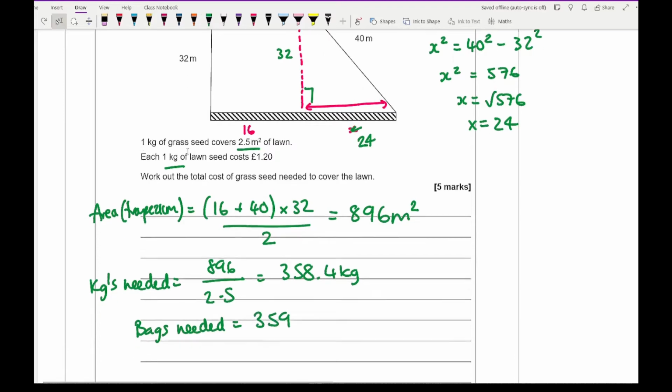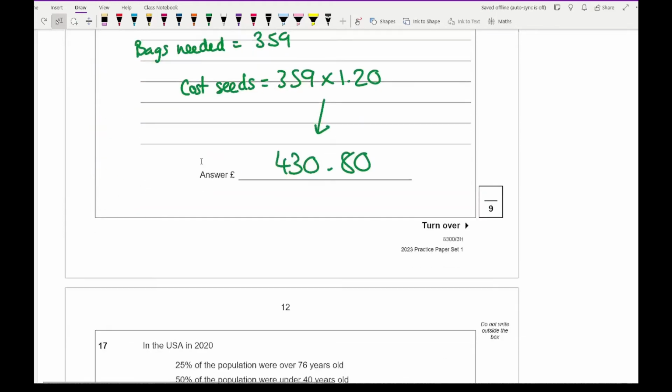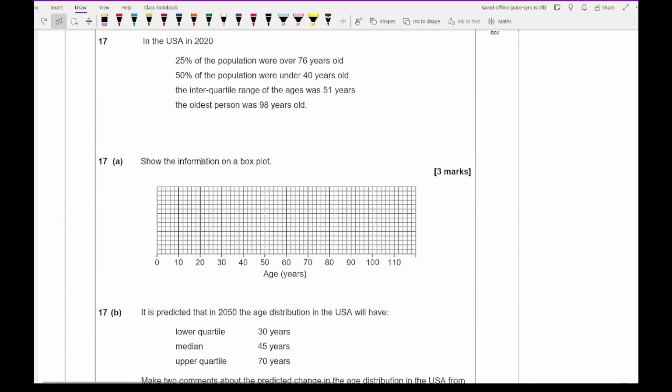So then from this, what I then need to do is work out the cost of the seeds. So I'm buying 359 bags at a price of £1.20. I type that into my calculator and I get an answer of £430.80. Moving on to question 17, it says in the USA in 2020, 25% of the population were 76 years